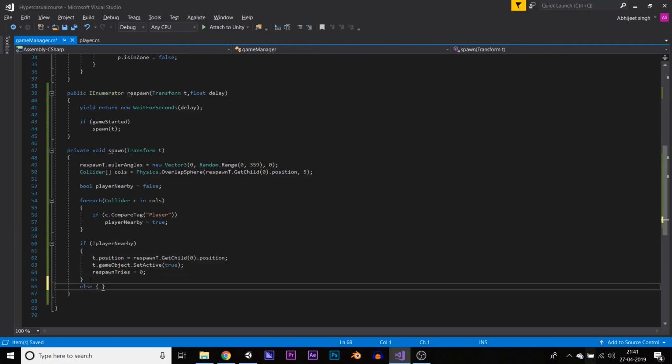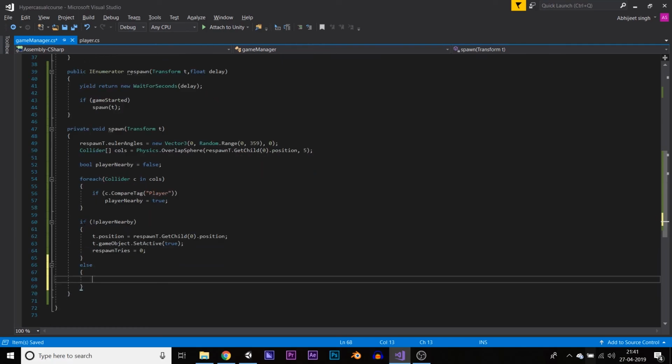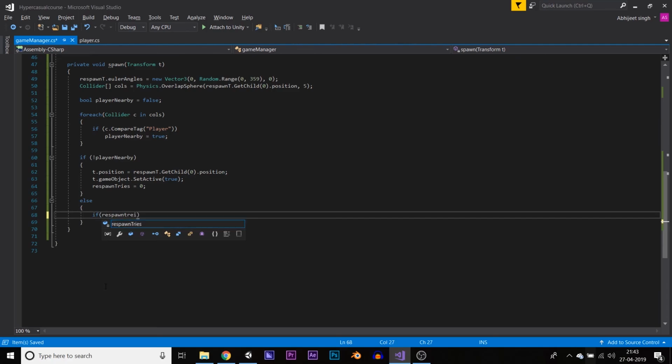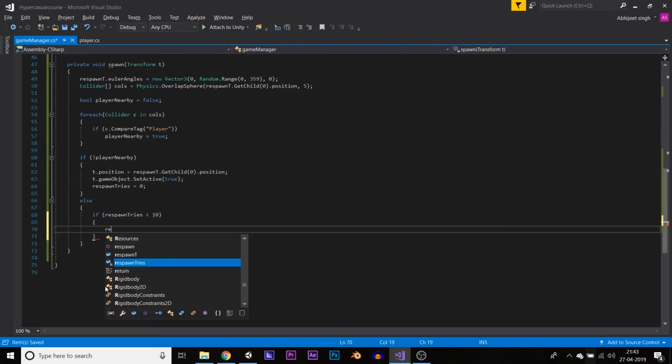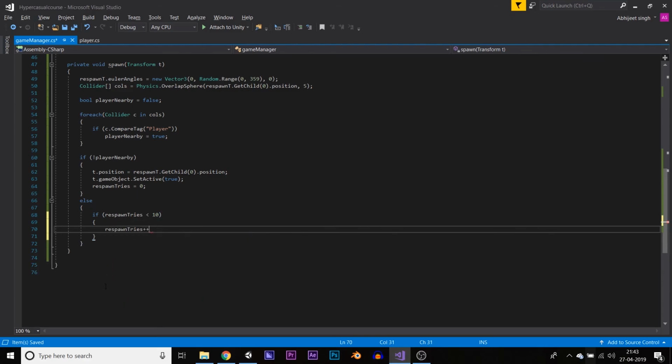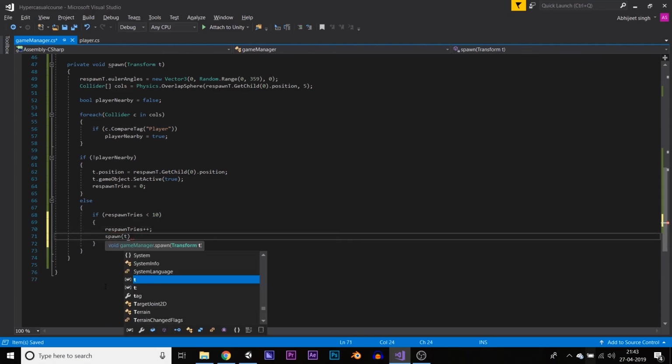Now let's do the else statement. That means there are players nearby, so we are going to check if respawnTries is smaller than 10, respawnTries plus plus, Spawn t,